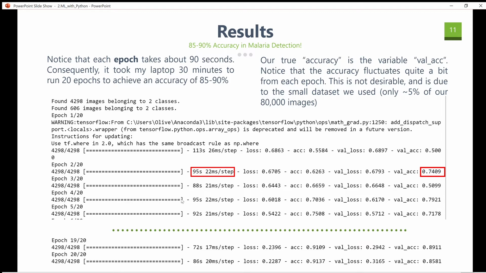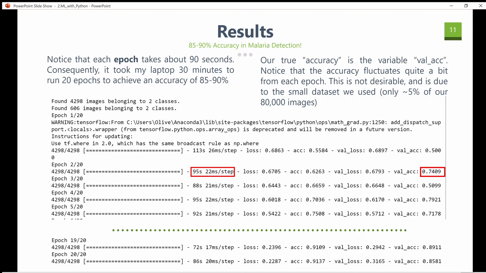So after we train the model, you should get an output that looks like this. Although it'll probably take a pretty long time to run, but as long as you can see the first few epochs, you know that it will work, and it's just a matter of time before it finishes the rest. So notice that on my computer, it takes about 90 seconds to run each epoch. I've been getting feedback from some other people. Theirs takes anywhere from 10 minutes to 1 hour, which